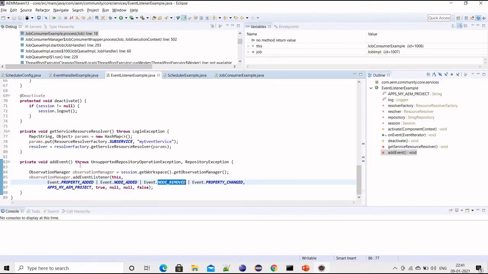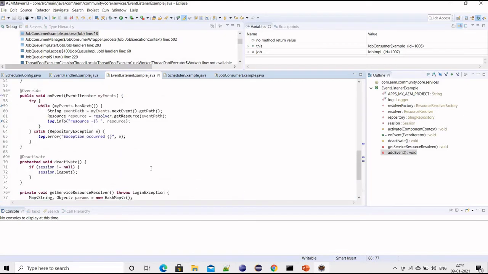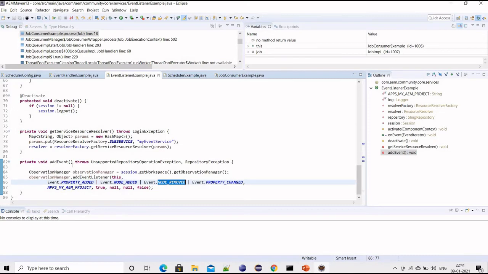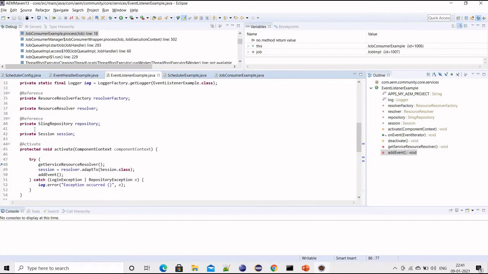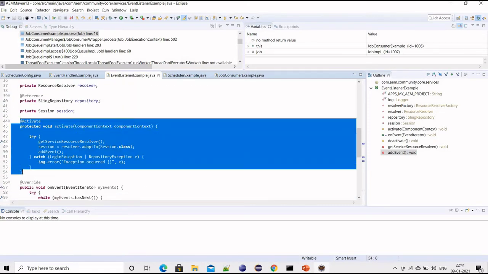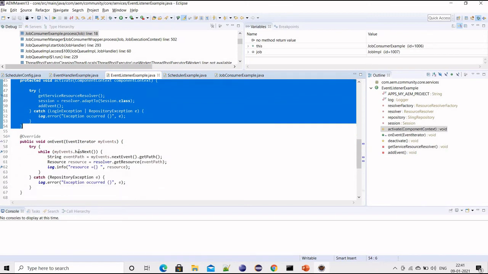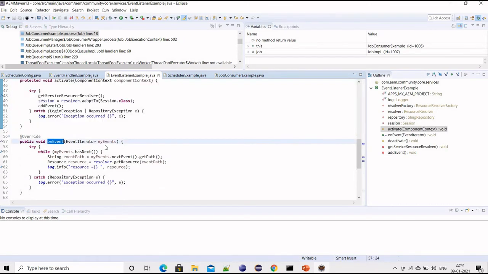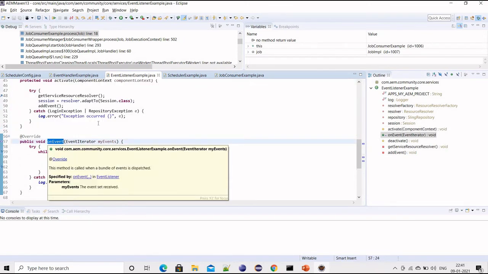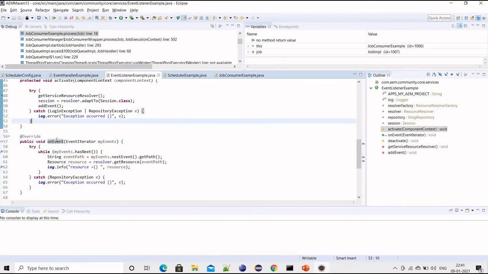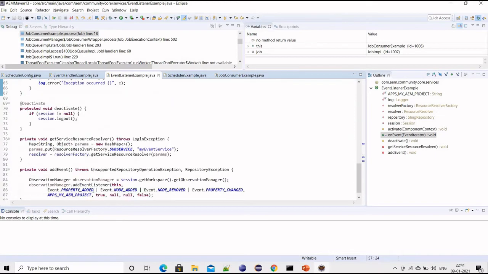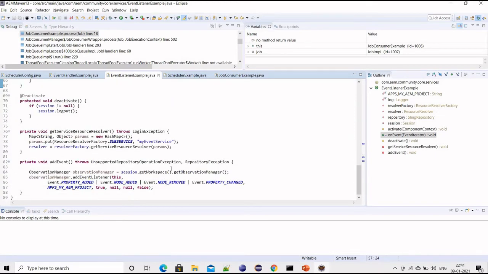Since I have added it in the activate method, it will be registered. Then there is a method called onEvent, because now your listener is registered. Whenever any property or any node is added to this path,